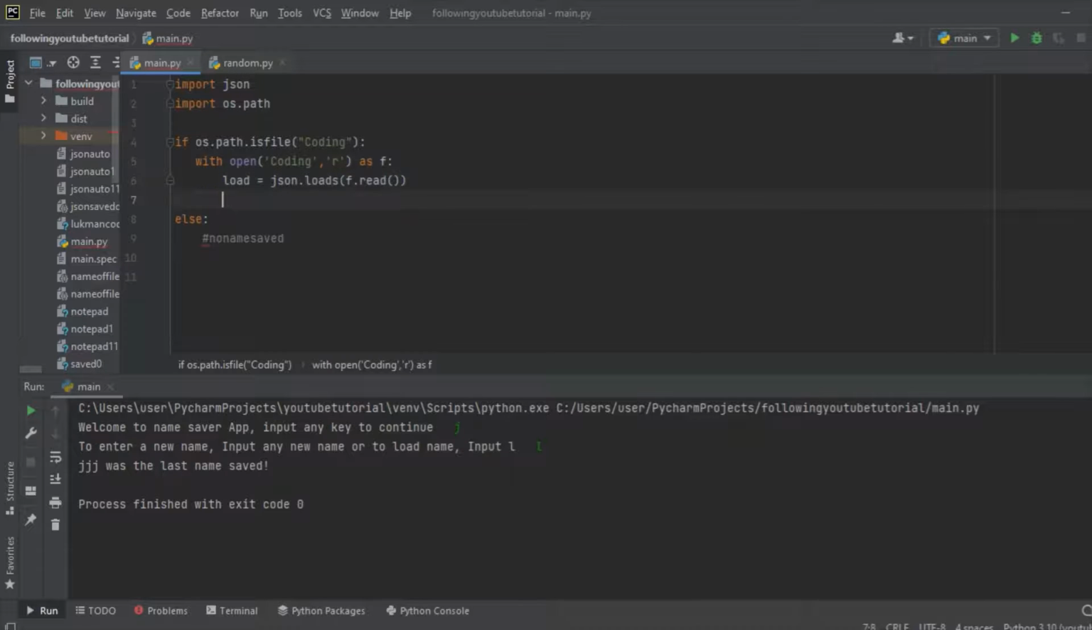And what we are going to do now, we are going to write print, then load, then comma, then apostrophe was the last name saved. So, even with that, we are not just going to end the program here. We are going to start the program newly in case anyone wants to input or save any name. So here's what we are going to do about it. We are just going to write input,